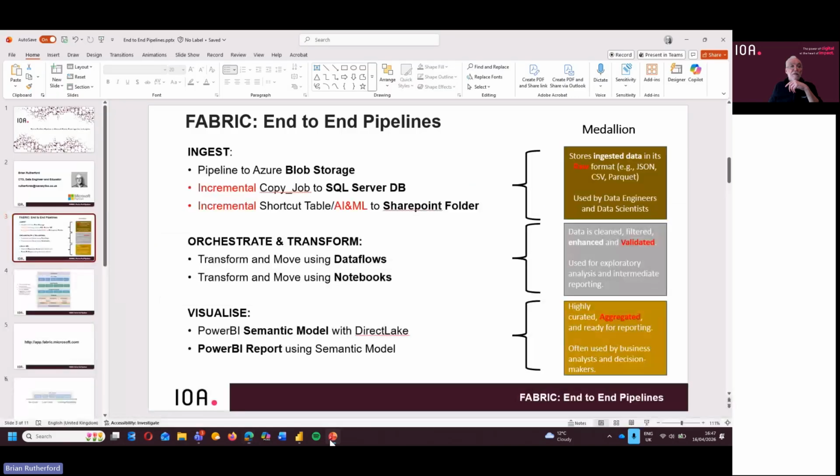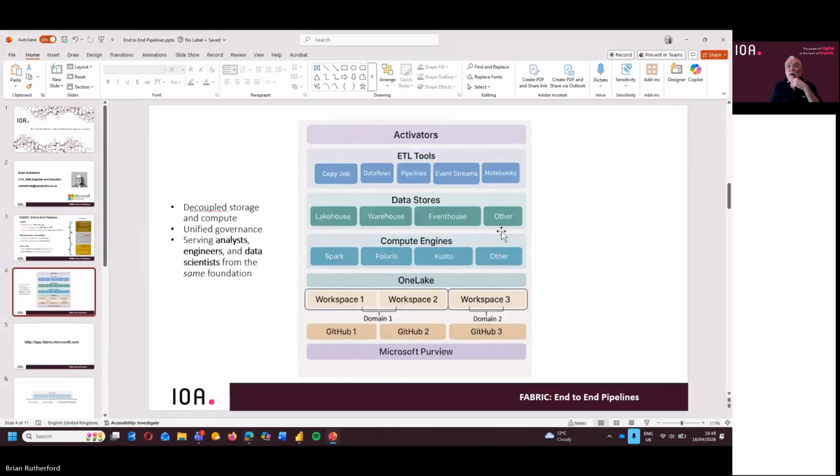Let me come back to my diagram here. Here's my components. So copy job, data flows, pipelines, and notebooks. I'll maybe come back to event streams later on. So notebooks then are different. Notebooks basically are going to be using the Spark compute engine. The pipelines and the copy job and the shortcut joins or shortcut transformations have got their own kind of internal